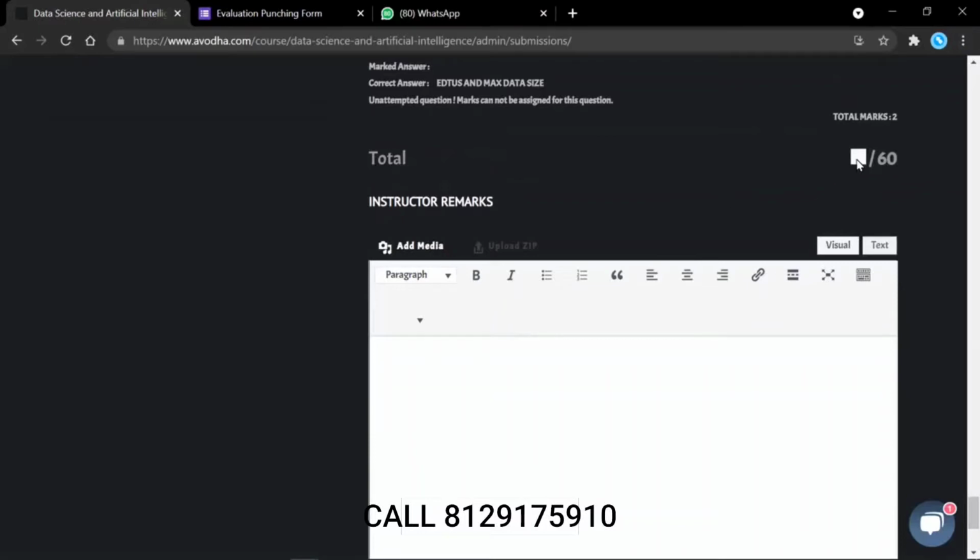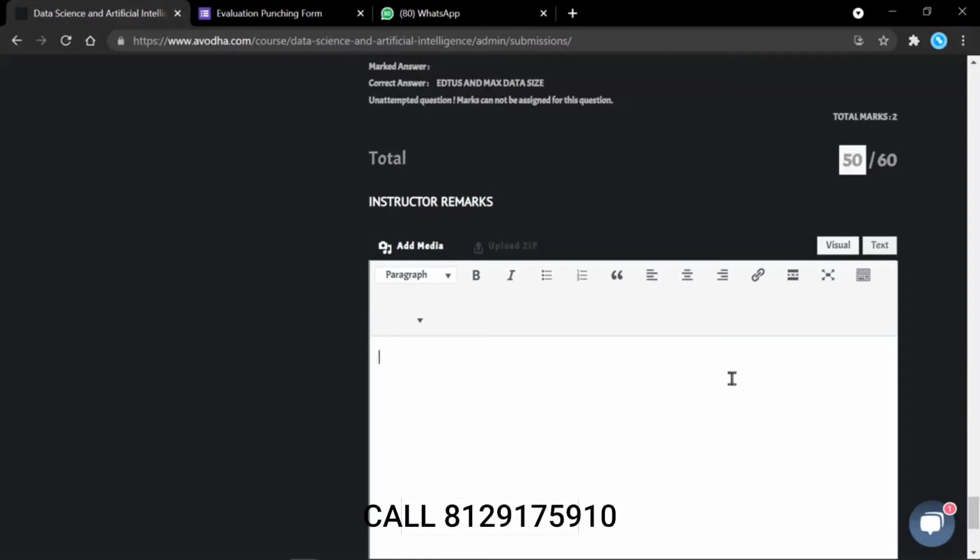Once you enter the marks, let's say 50 marks, so the student has got 50 marks, you then enter a remark. That is what has to be improved, or what the student can do to study better. The remarks are like what a teacher would usually give. If you could give them remarks, that would be helpful.